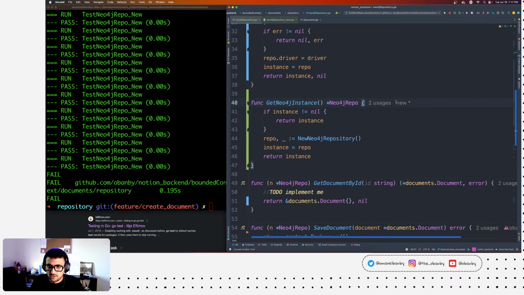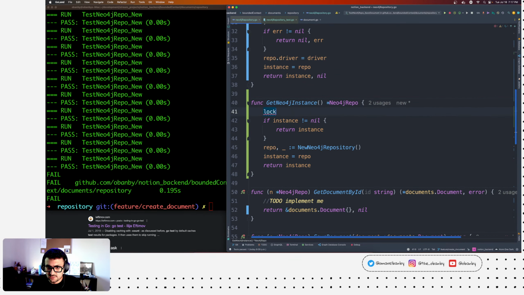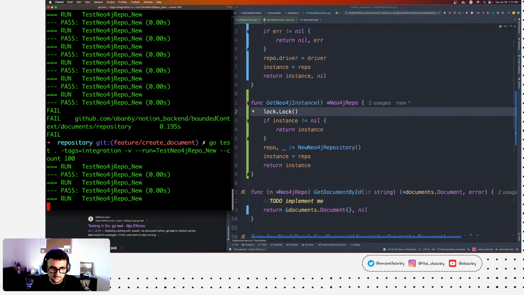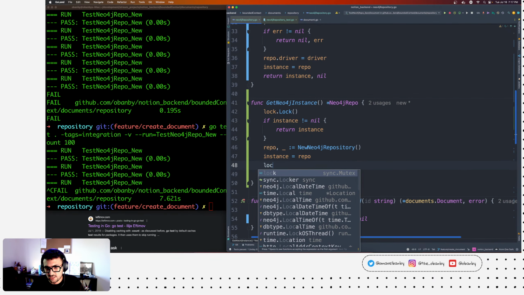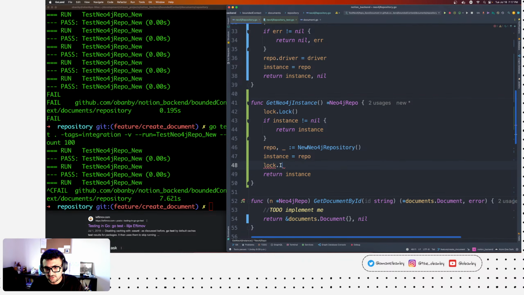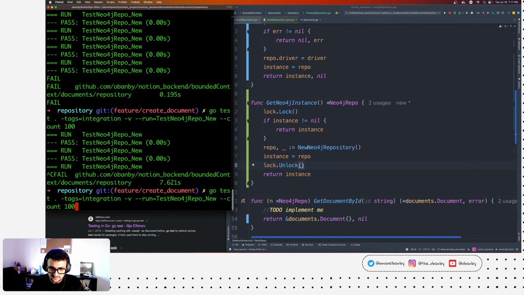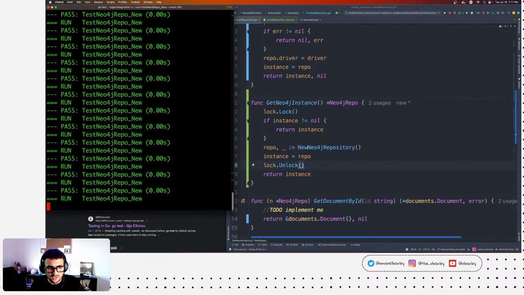So now in the get instance, you can say lock. And by the way, if you just do this and you never unlock it, you have deadlocked your code, and it will keep hanging forever because you have this lock that never releases, right? So the way to do that is you say lock.Unlock before you return the instance. And now run it 100 times.